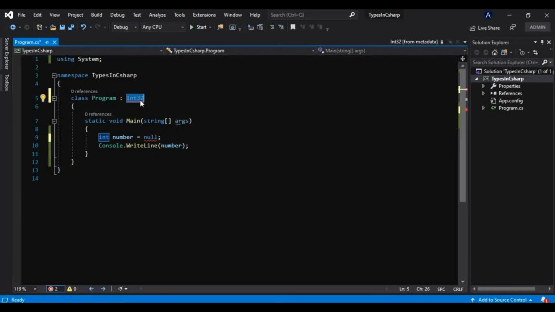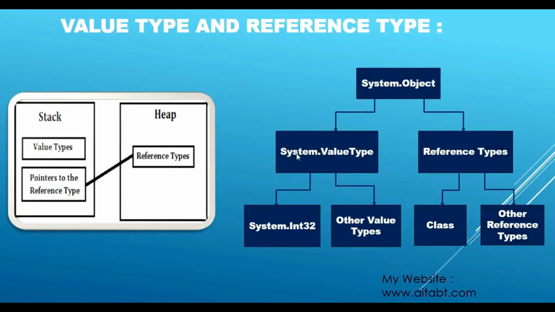Now again, what is a sealed type? Don't worry about that, we will learn that also in great detail when we learn about classes and inheritance. But for now, just remember that this Int32 or any value type cannot be treated as a base class for any other type, and neither can it derive from or extend any other type except System.ValueType. As you can see, it will always extend System.ValueType, and it cannot be treated as a base type for other types. But in contrast, a reference type can do both things. I will show you that.